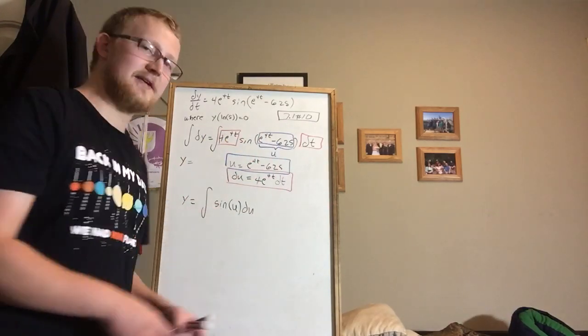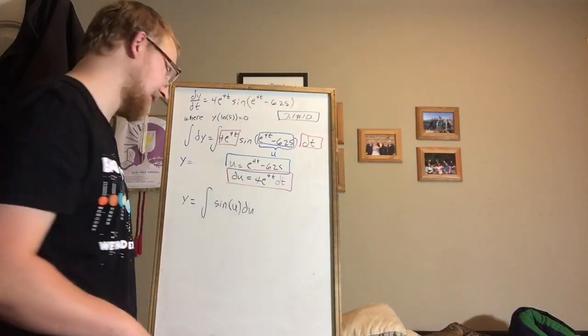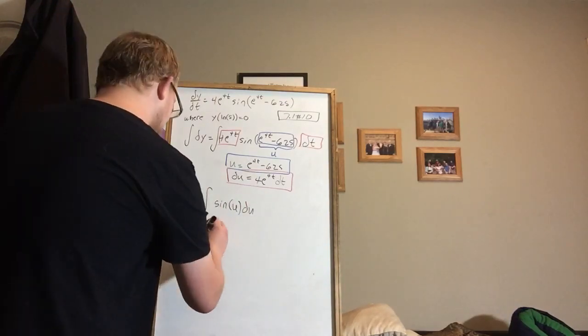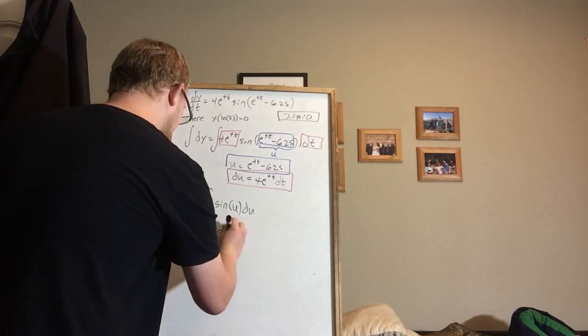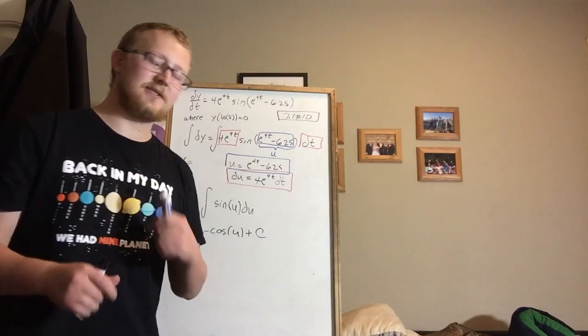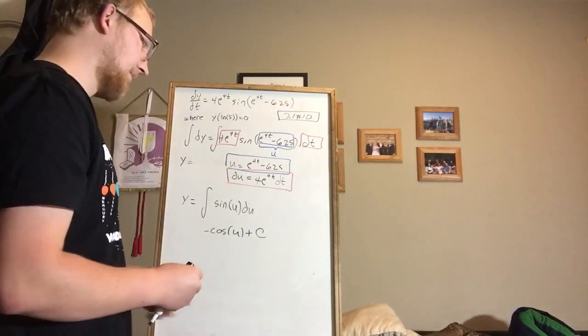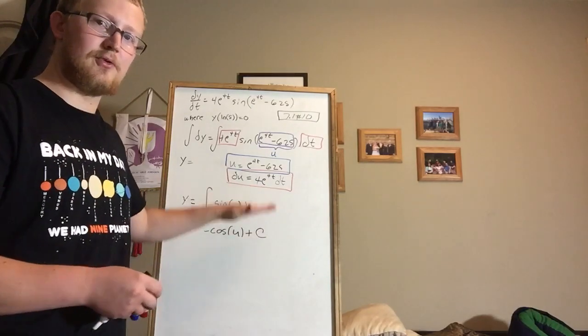But now we know how to take the derivative of sine. It would be cosine, but we're going backwards. The antiderivative of sine is negative cosine of u. Don't forget the plus c, because when you take derivatives, you destroy information that would allow you to pin